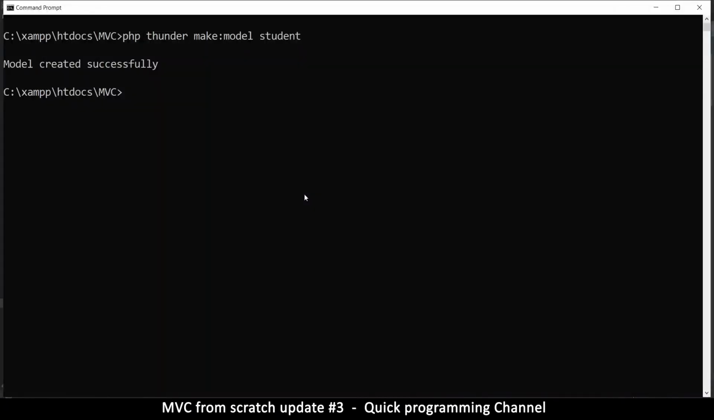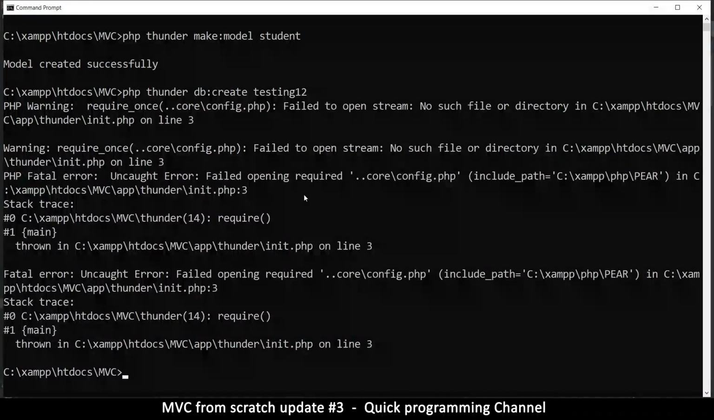So here I'm gonna say PHP Thunder DB create. Now I want to create a database called, let's try testing 1 2 like that. Okay,